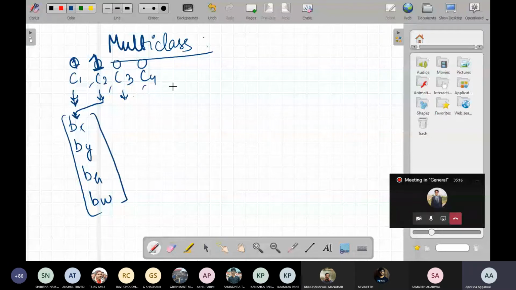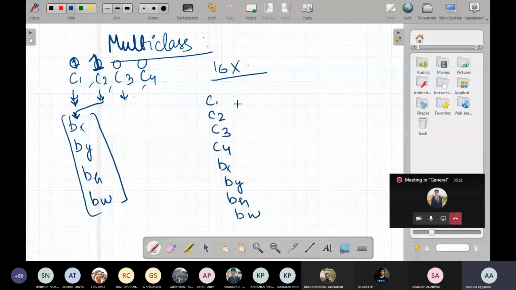So instead of taking all 16 parameters, in general we have C1, C2, C3 and C4 and BX, BY, BH and BW. If this is 1, then this bounding box represents the bounding box for the car. If this is 0 and this is 1, then these values represent the bounding box for C2. This reduces the number of output target neurons from 16 to 8.